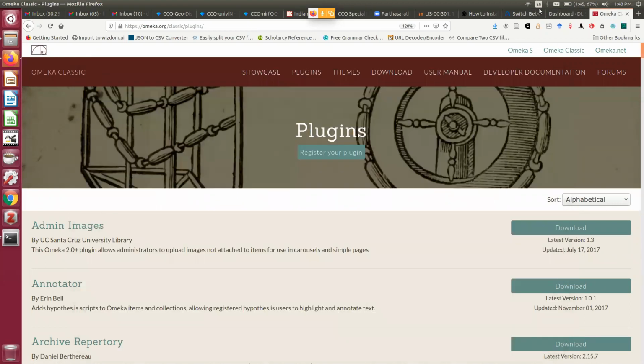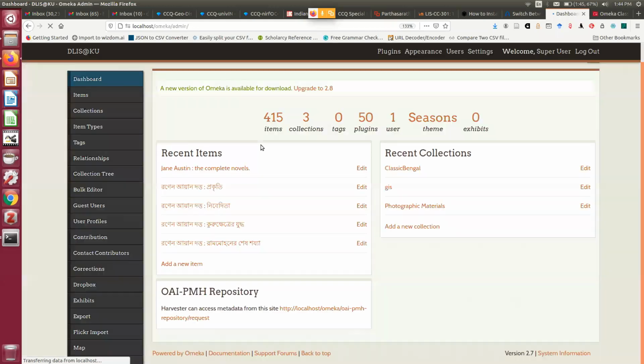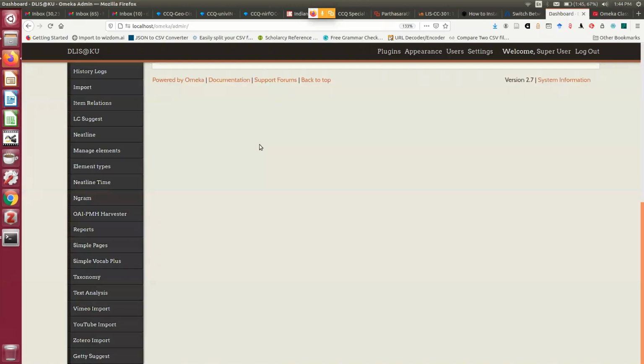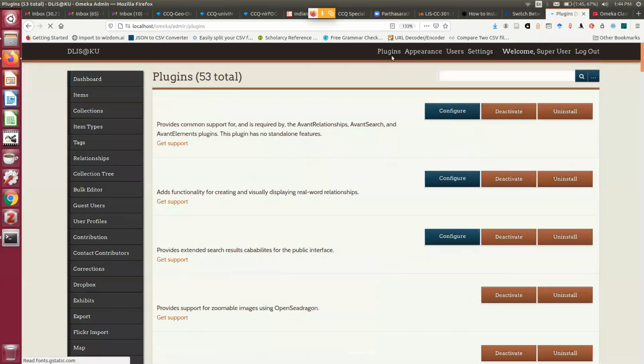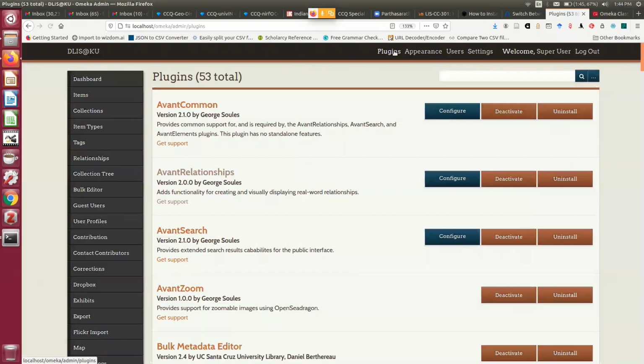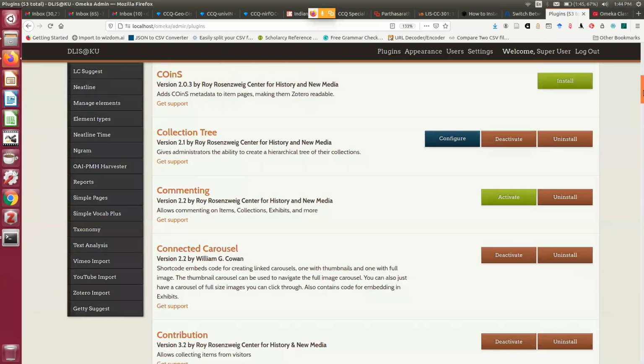Now if I come to my Omeka and refresh, I tried three, two I had already installed, only PV Core 2 is new. Now if I go to plugins in the admin panel, you can have a plugin directory. Click there. So plugins, here you can see. It can show me VRA Core. VRA Core I am already having.